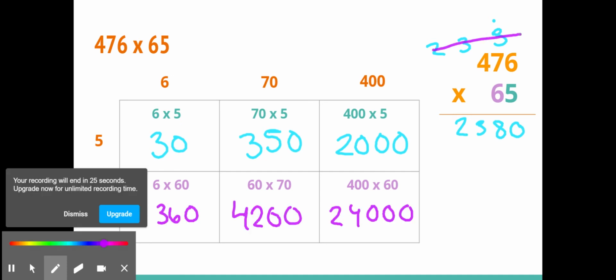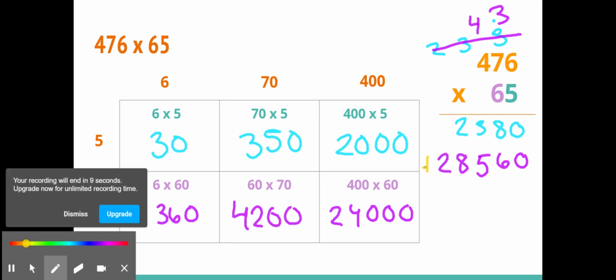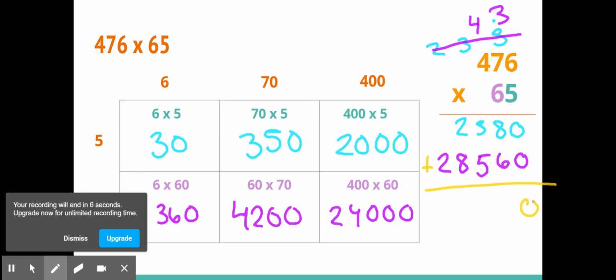Continuing on with my next, I have 6 tens times 6 ones, which is going to give me 360. Carrying it again. 6 times 7 is 42, plus that 3 from before. 4 times 6 is 24, plus those 8 from before. We're going to go ahead and add them up just like we would over here, and we get our final total